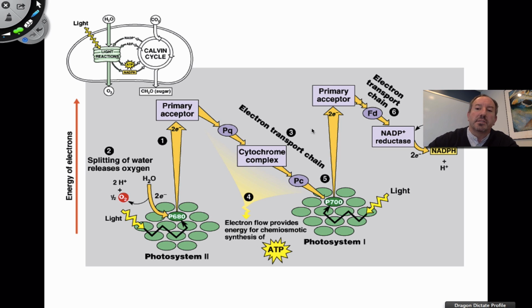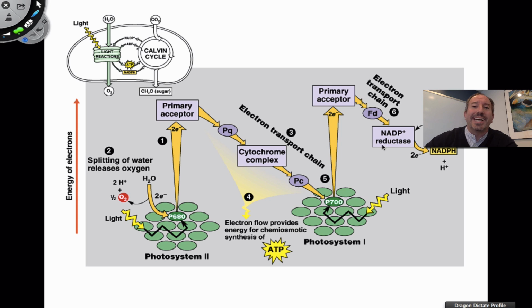So what's happening is another photon, so two photons of light, another photon strikes photosystem 1. It excites the electrons, and they go up into a higher energy state. And what replaces the lost electrons here is photosystem II. So ultimately, water is providing the electrons. As you can see here, it is producing oxygen. Water is bringing the electrons in. They go up, they come down, and then they replace the hole left behind by the loss of electrons here. And then there's more electron transport chain, and then ultimately they go into the very last protein,